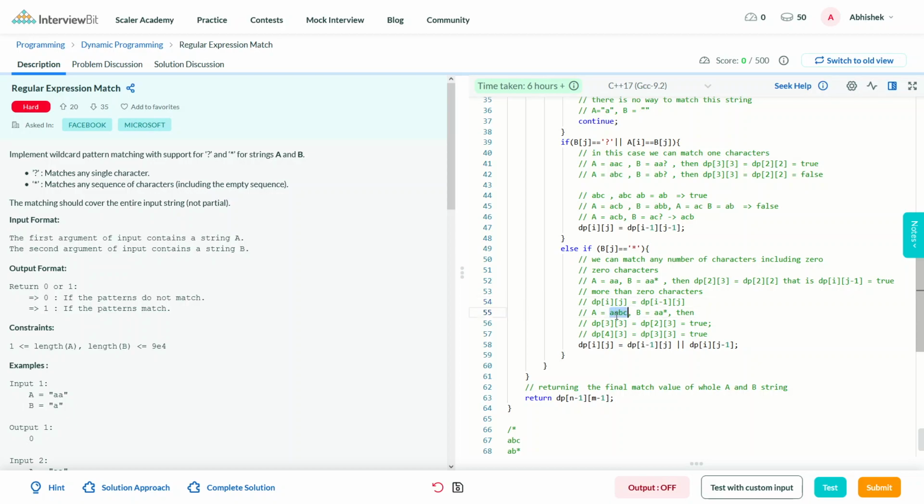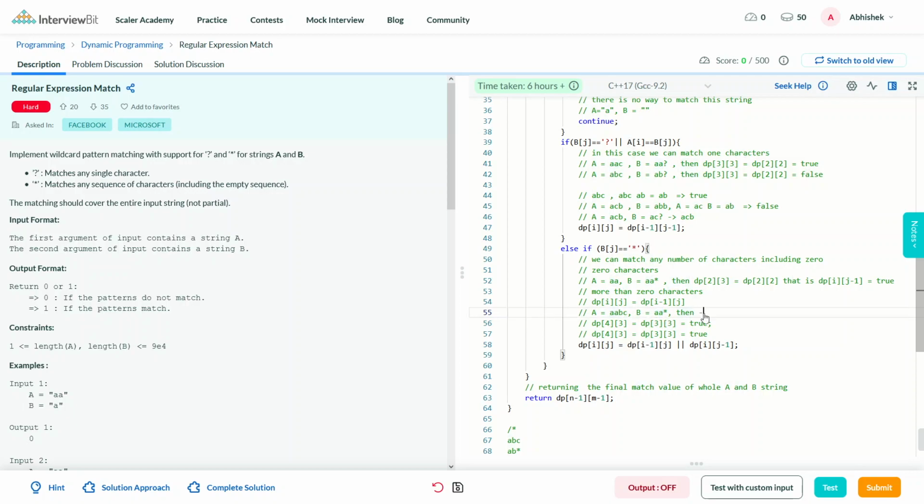If a is aabc, let's say, and b is aa star, then our dp[4][3] would be equal to dp[3][3], that is matching aabc with aa star would be equal to matching aab with aa star.